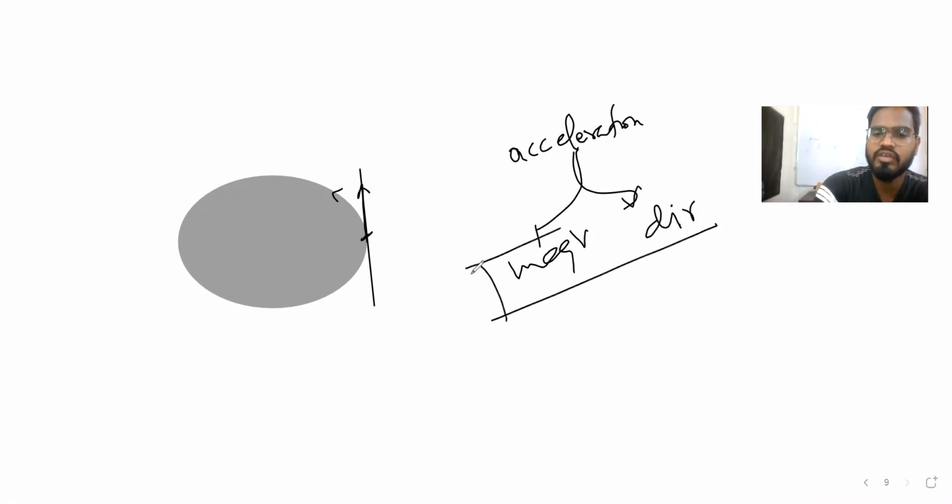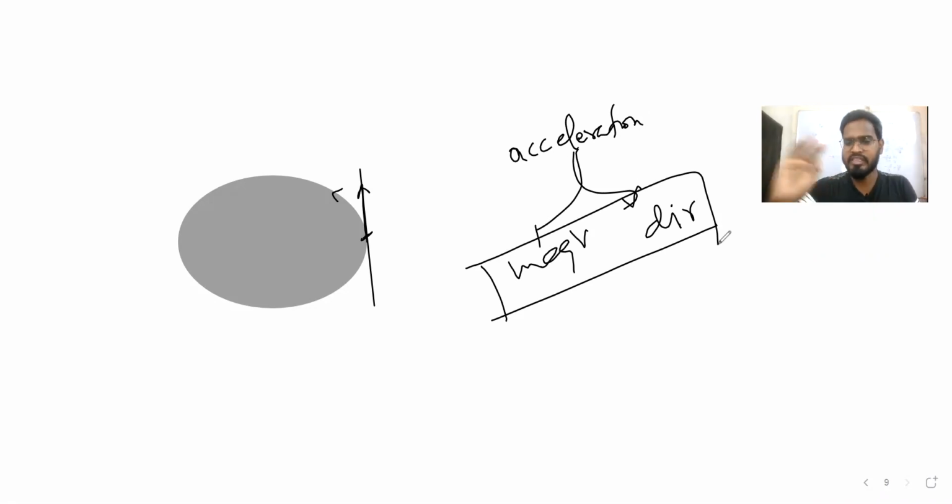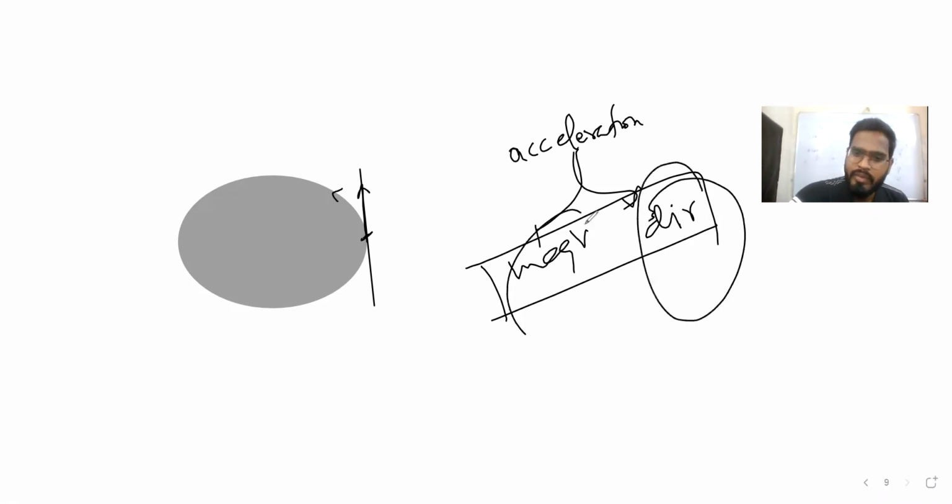How is magnitude there? If it is revolving, there is some velocity, constant, right? Let it be constant, but still there is some magnitude. Second, when you draw a tangent, it gives you direction. Direction is also there, magnitude is also there. So we can say there is acceleration present. Hope you guys got what I'm trying to say. Whenever there is direction and magnitude, it means there is an acceleration.